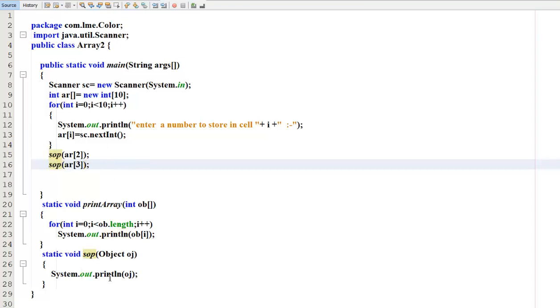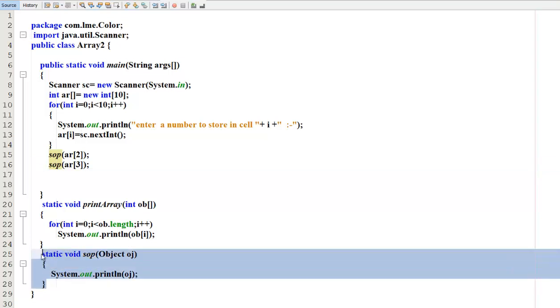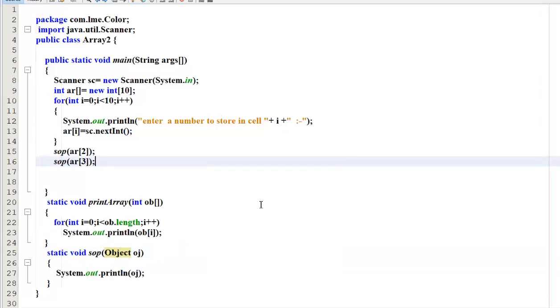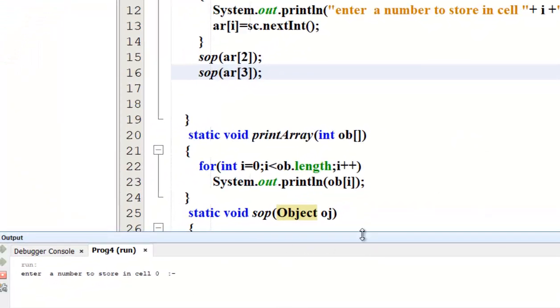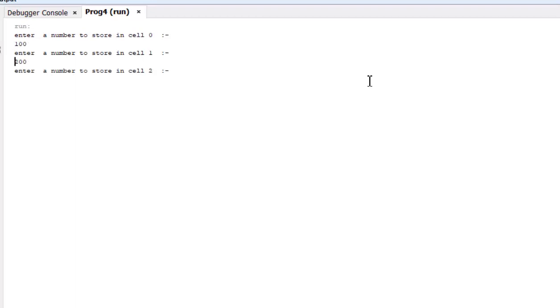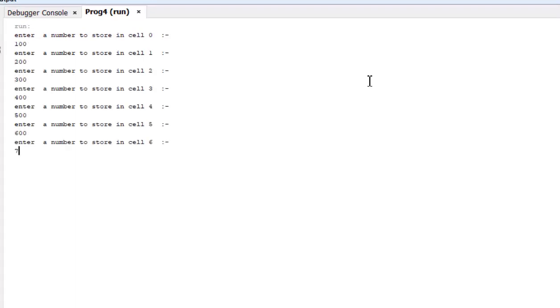To print an individual value we can take one more method. What is this object? The object is a super class of all the classes. So it can read any type of value. Enter a value, let's say 100, 200, 300, 400, 500, 600, 700, like this.